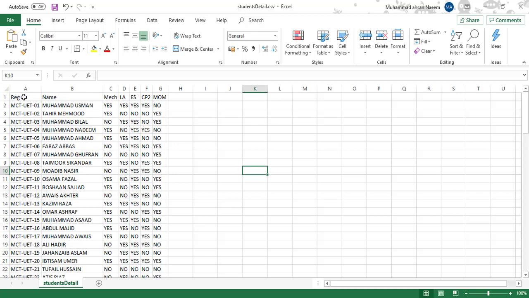So our job will be to first create the student object from the information of the first 2 columns as registration number and full name, and then use the next 5 columns to register subjects for each of the students. The subject columns are randomly filled as yes or no to indicate if the student wants to register it or not. So let's write the code.